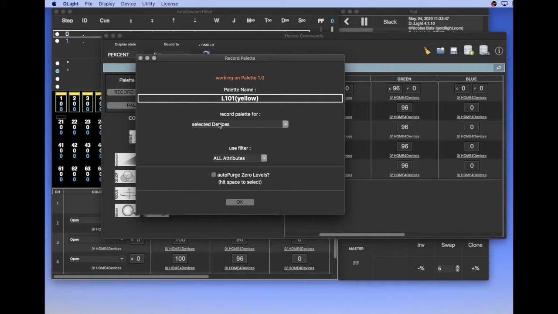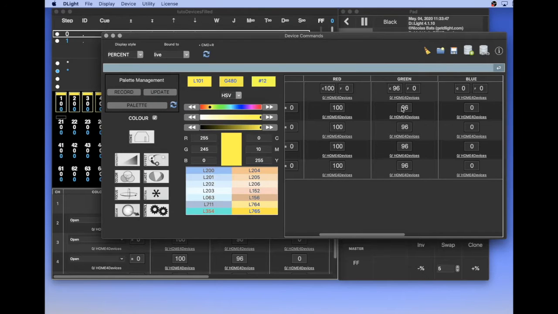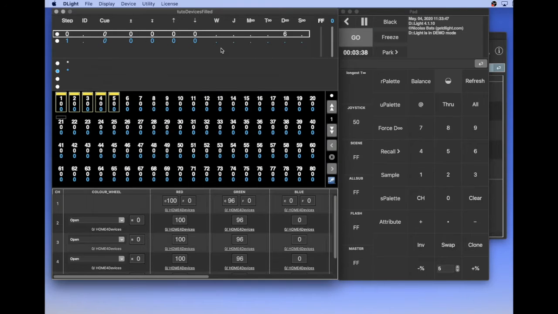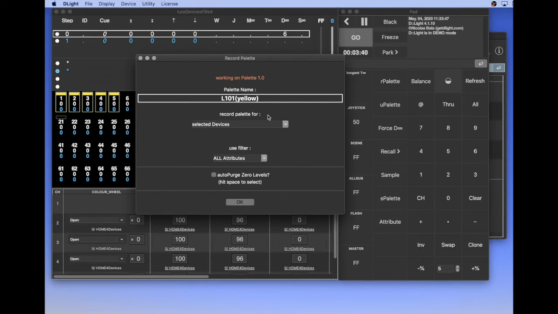So I can choose to record the palette only for listed devices here, or I can choose to record the palette for same personality devices. Generally, this is what you want in order to be able to use the palette for other devices than the ones that are selected.